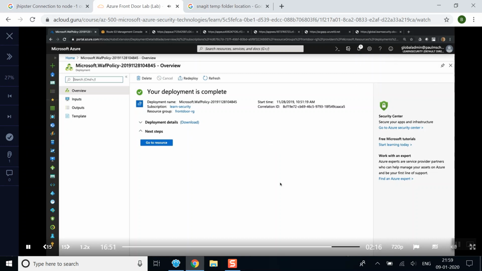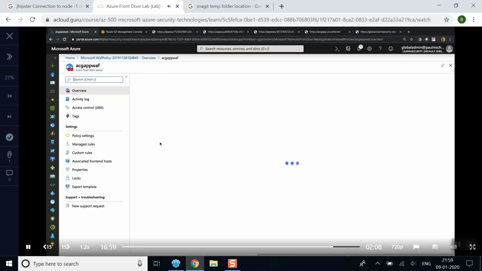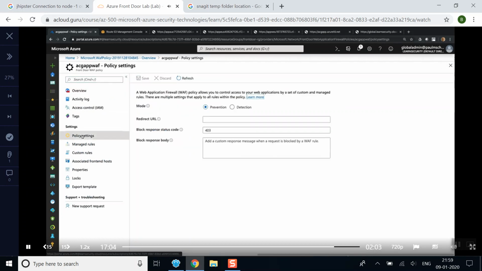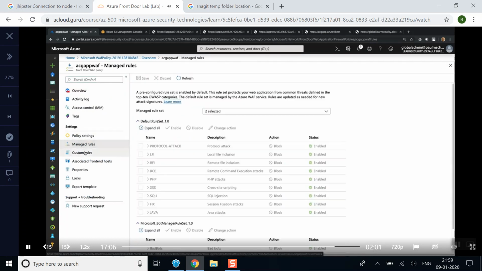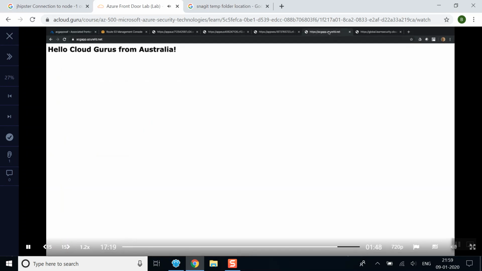Your WAF policy deployment has now succeeded. Go to the resource. Your front door WAF policy can be seen. You can check the policy settings, managed rules, custom rules, and associated front-end hosts are all as you entered during the wizard. Test your Web Application Firewall policy by firstly going to your tab, where you're going directly to the